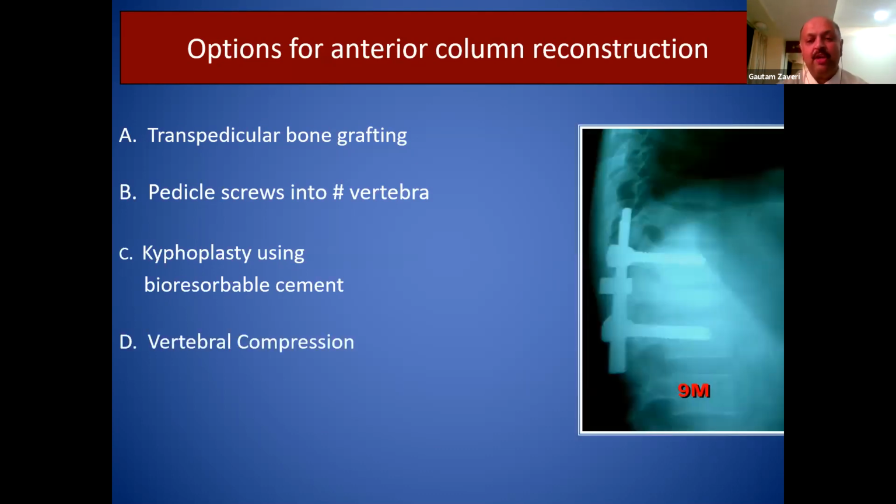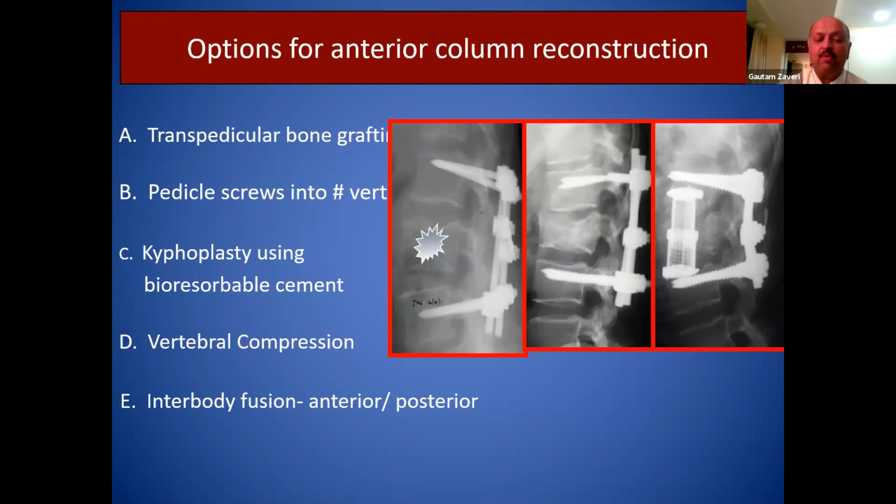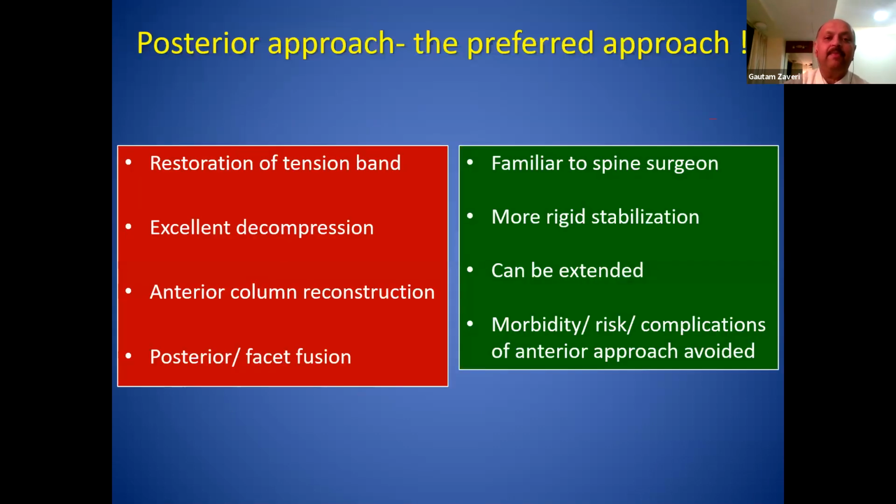What I like to do is that instead of distracting, which causes a void in the vertebral body, I compress. I shorten the vertebral column so that on table, the end plates come closer to each other, and therefore the chances of failure are much lesser. The final method, of course, is what we discussed, that you can do a vertebrectomy and then reconstruct with either iliac crest strut grafts or cages, and this can be done through an anterior approach or from the back itself.